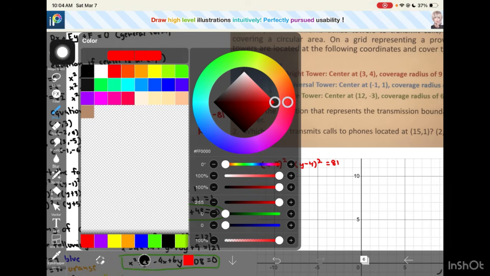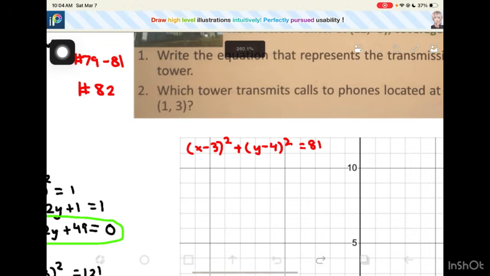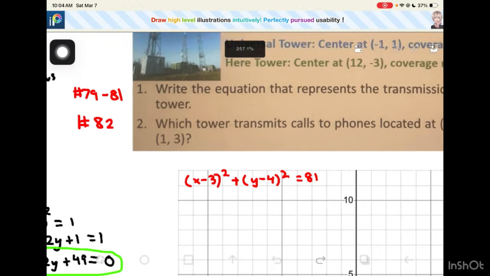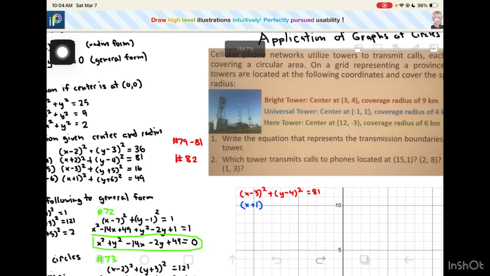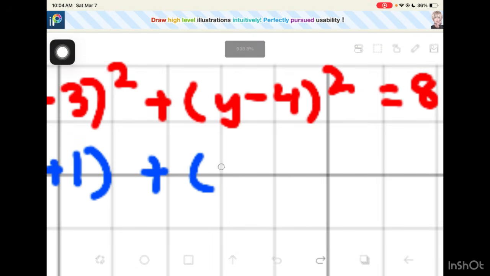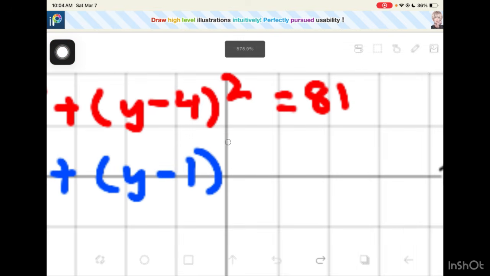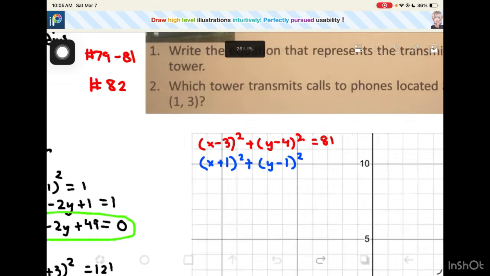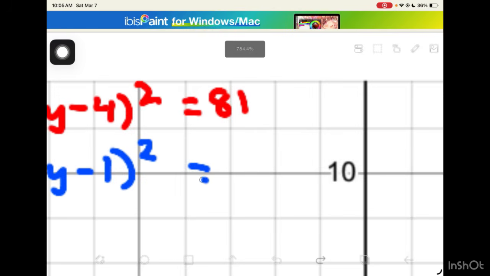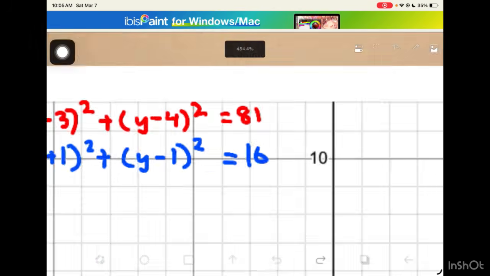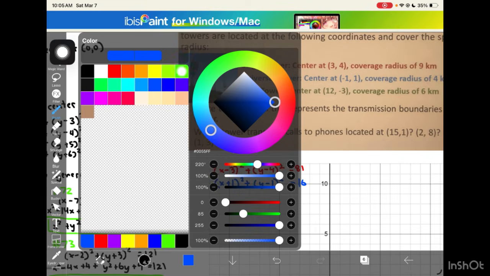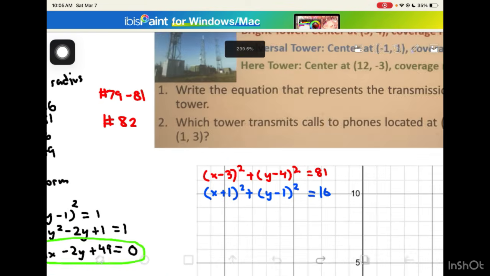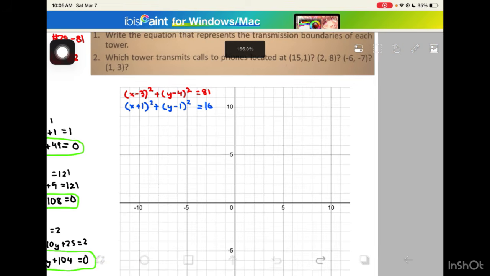Okay, then for the universal tower, we got negative 1 and 1, so it's going to be x plus 1 squared plus y minus 1 squared. Squared both this one, and it has a radius of 4 kilometers, so 4 squared is 16. And lastly, the here tower, let's use green, is at 12, negative 3, and I think that is out of